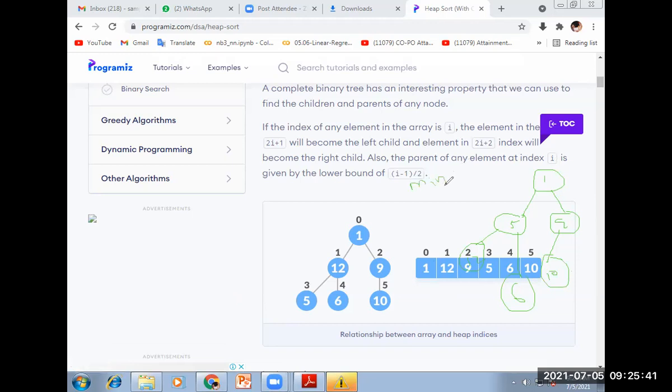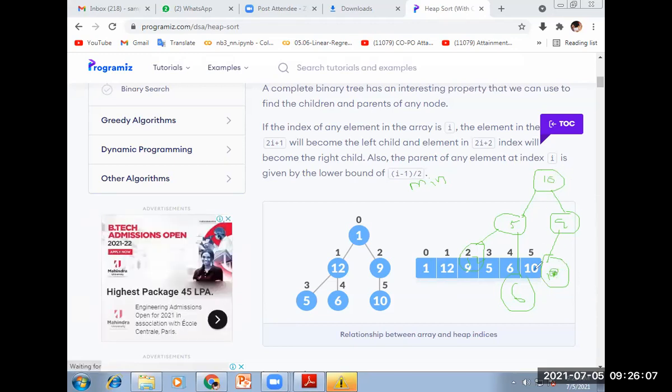So after constructing the min heap, what we have to do is store the root node in the last leaf node, and that last element is stored in the root node. So after constructing the min heap tree, you can do it in this way. I am storing 1 here, I store 10 here. So this part we call the sorted part. Now 1 is in sorted order. Don't touch this one. The remaining tree you can balance.